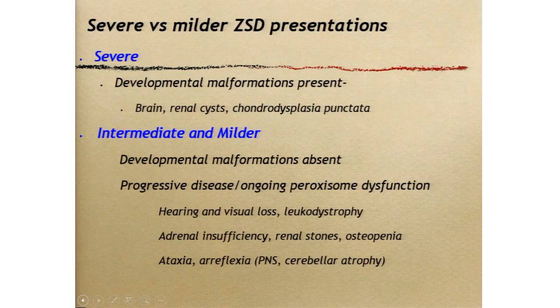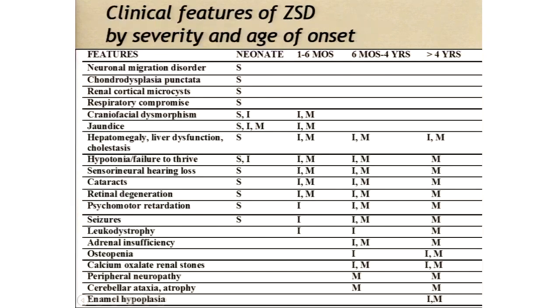And then there's intermediate milder forms where the developmental malformations are absent, and this is really a progressive disease of ongoing peroxisome dysfunction with hearing and visual loss, maybe a leukodystrophy, maybe adrenal insufficiency, maybe renal stones, maybe osteopenia. And then there can be a different presentation with ataxia and areflexia, reflecting the peripheral nervous system and cerebellar atrophy. So I'm not going to review these because of time, but this is just a nice little chart